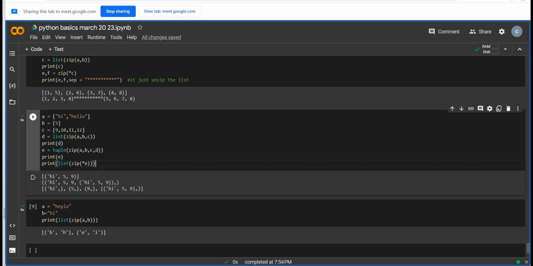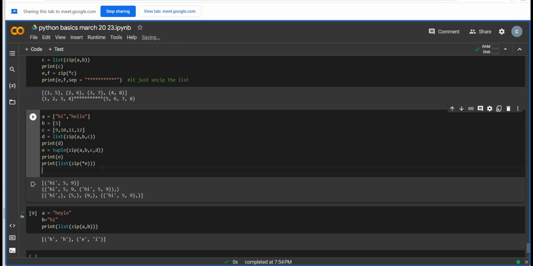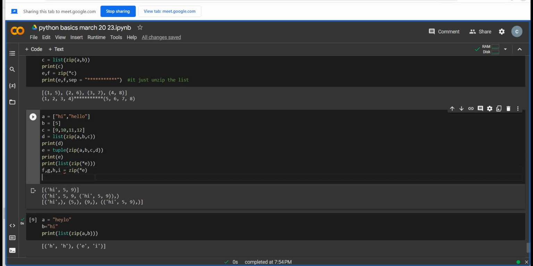Otherwise we can just call them like f comma g comma h comma i. We need to initiate four variables because it got four elements packed. Is equal to zip star e, and when we try to print f comma g comma h comma i,